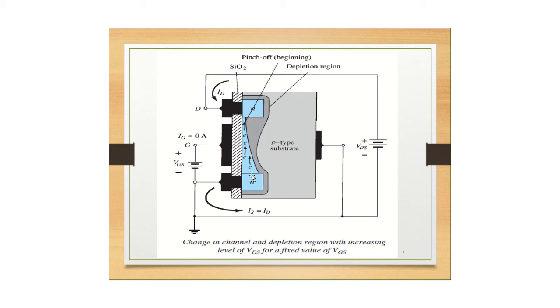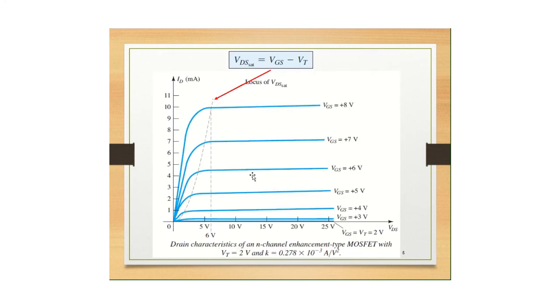All right. So that can be understood clearly in this drain characteristics. Observe here. Say your VGS, if it is equal to VT, is our threshold voltage. If it is 2 volts, then VGS greater than VT. VGS greater than VT is what? The condition where you have an increase in the drain current, right?